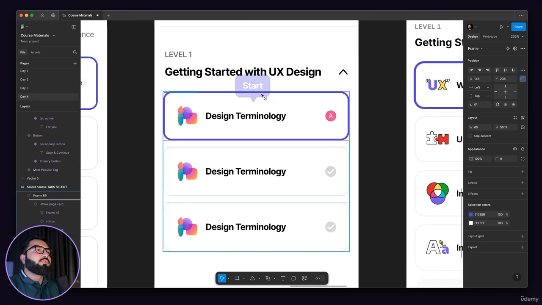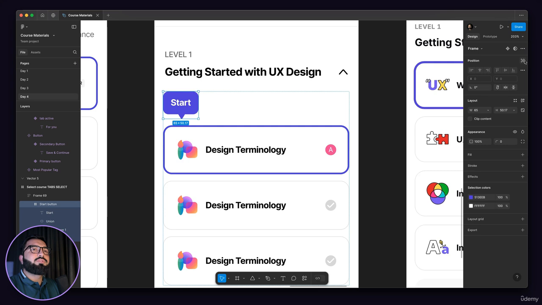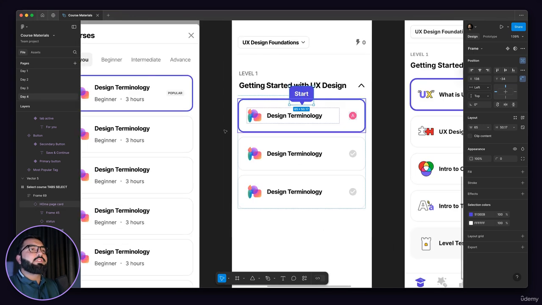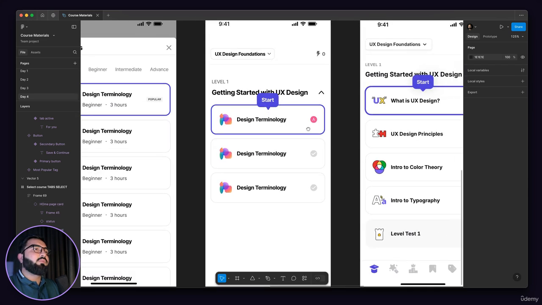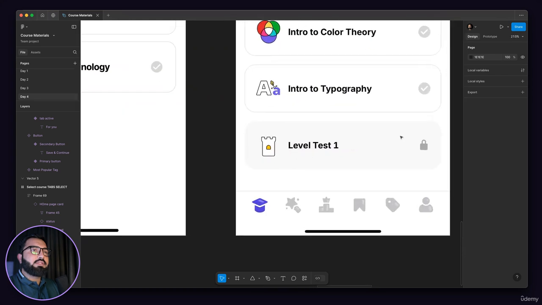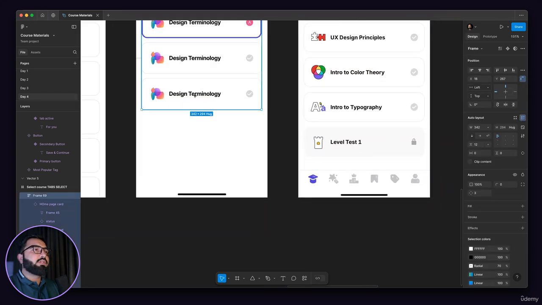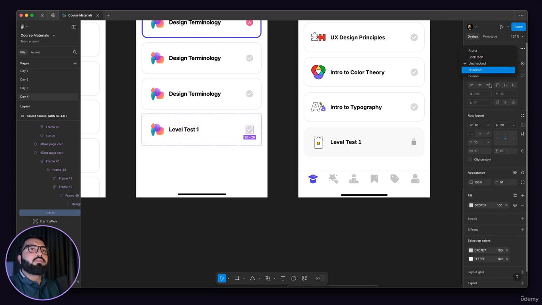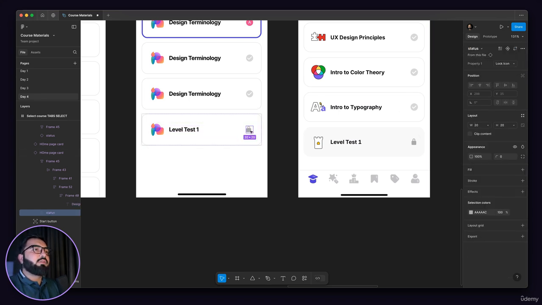Okay, wonderful. Now again, we need to make sure to ignore auto layout, so I will ignore it, and I will also make sure this is middle aligned. Okay, and now it's middle aligned, it's perfect, and the way we want it, it is like this. Okay, and one other thing, this is basically a level test, so this is level test 1, and we need to make it locked, so I will give it a lock icon,